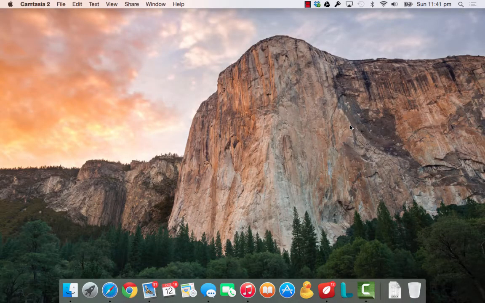Hello everybody. With the latest release of OS X 10.10, Apple has also released iTunes' latest version, iTunes 12. It's a completely new redesigned app for iTunes, and in this video we are going to see what changes are included in there. The very first thing which you will notice is the icon itself. The icon color has been changed to red from the blue shade which was there in the earlier version.